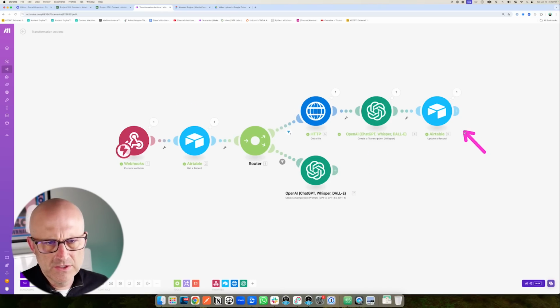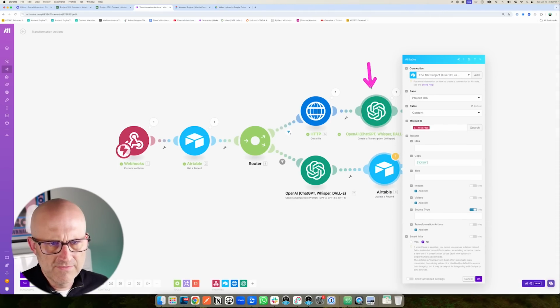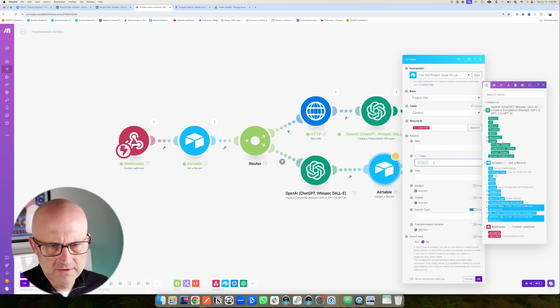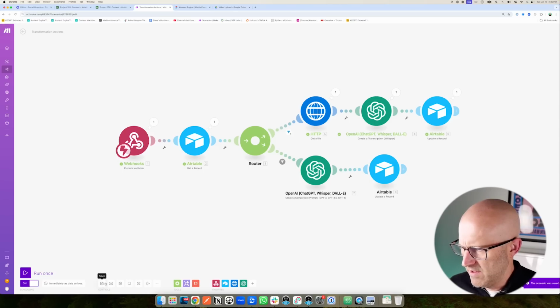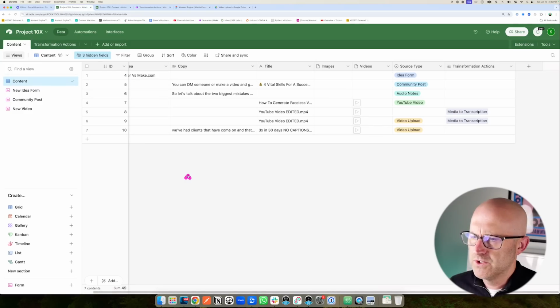And then next up, I'm going to just go ahead and clone this and then drop it right here. And then we'll have to fix whatever error that is, which is going to be, it's using this value here. So we just got to take this and use the result from here, which is right there. And then we can go ahead and click OK. And then we can click save here. And so now what this is going to do is it's going to take the actual transcript. It's going to use that and update it in ChatGPT into a blog, and then it's going to reuse this